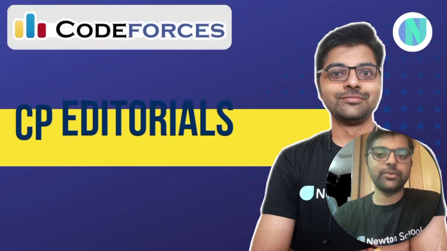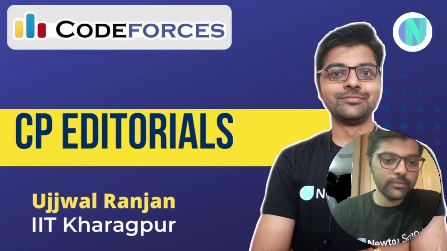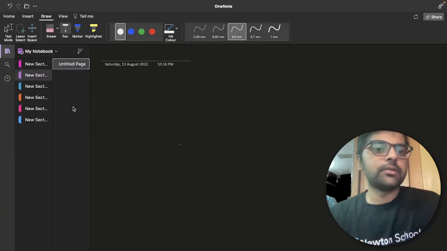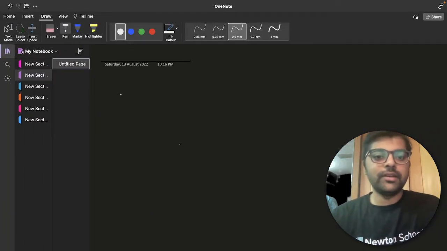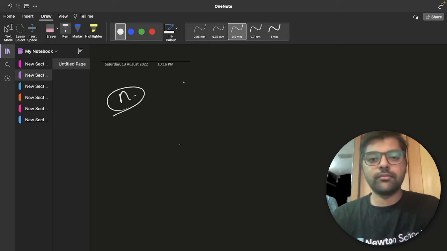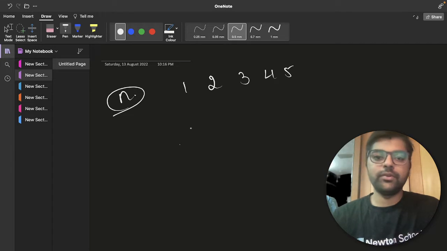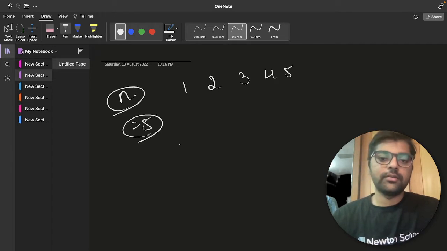Now coming back to this problem. You will be given a number n, and you will have to create a permutation. Let's say n equal to 5. What is a permutation?